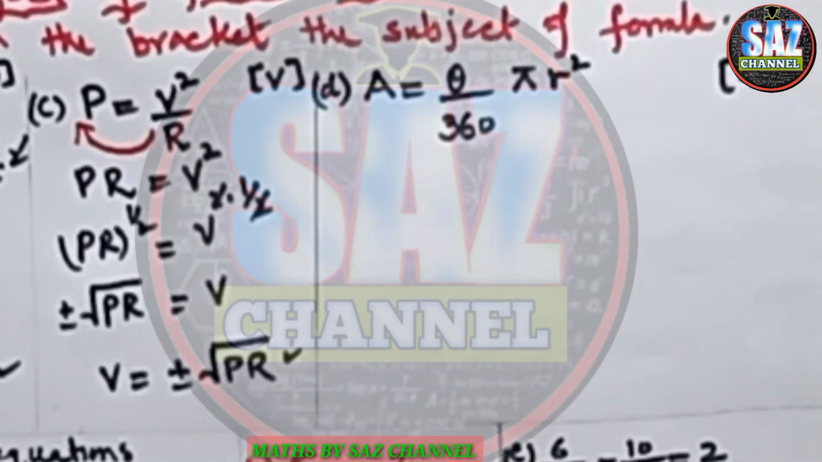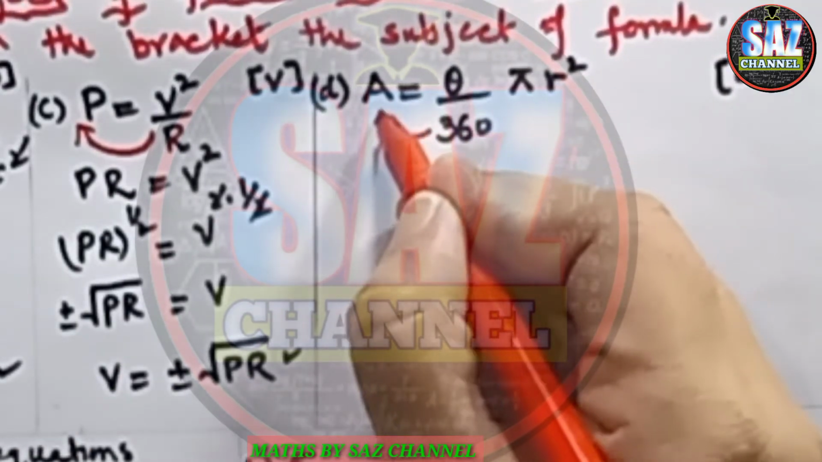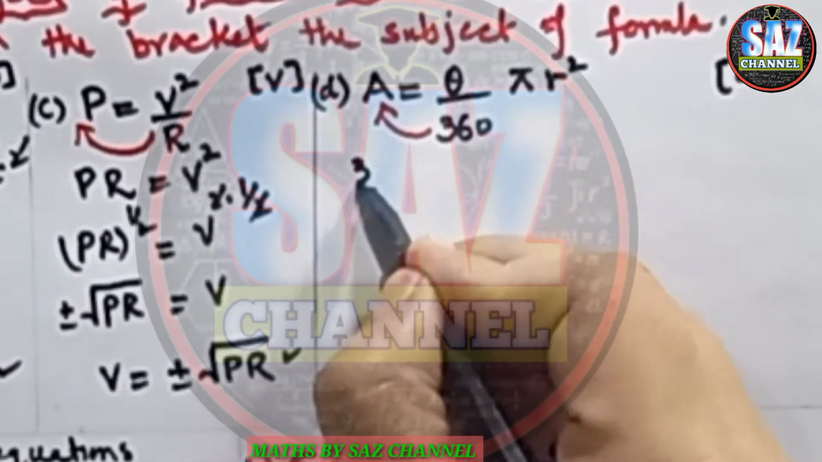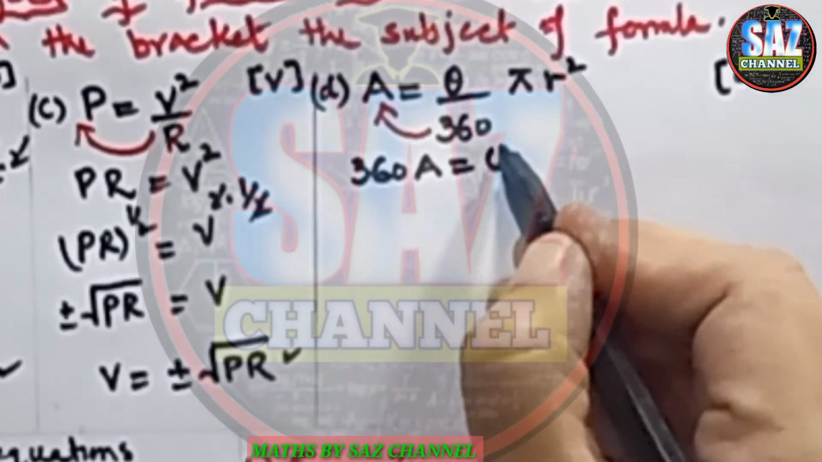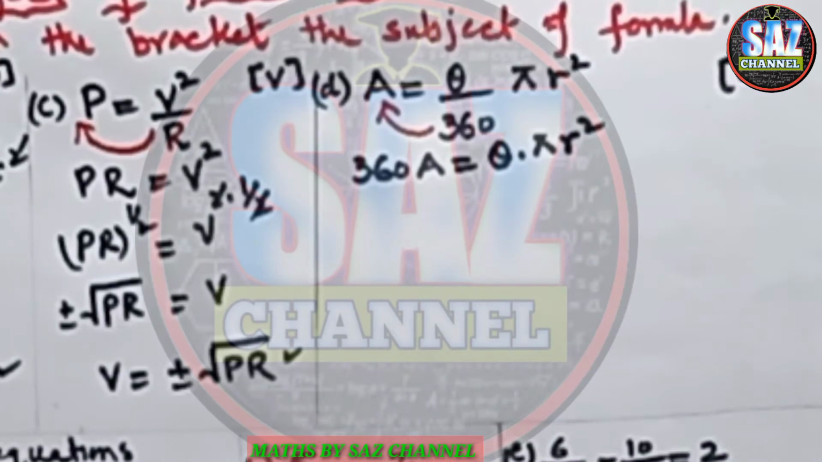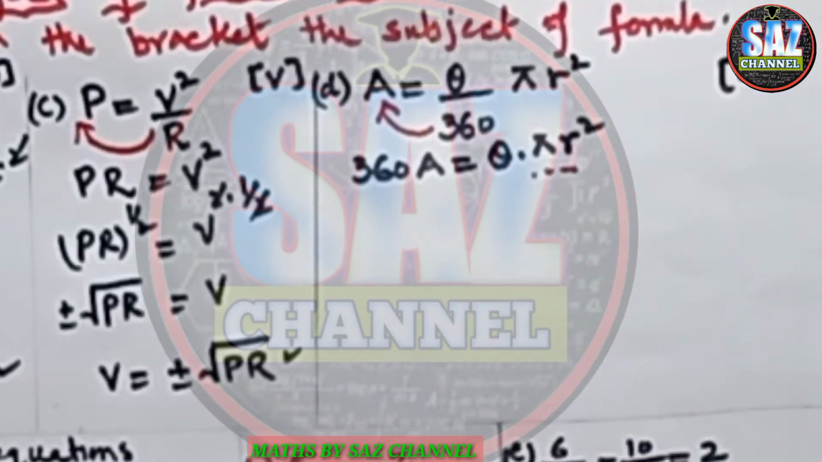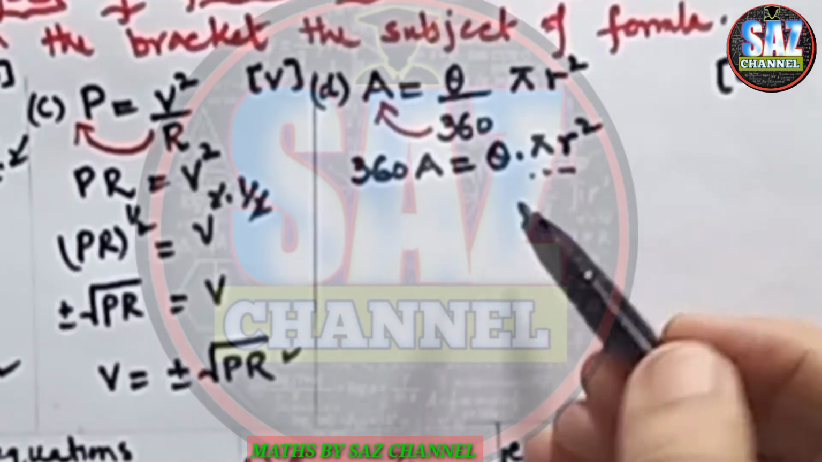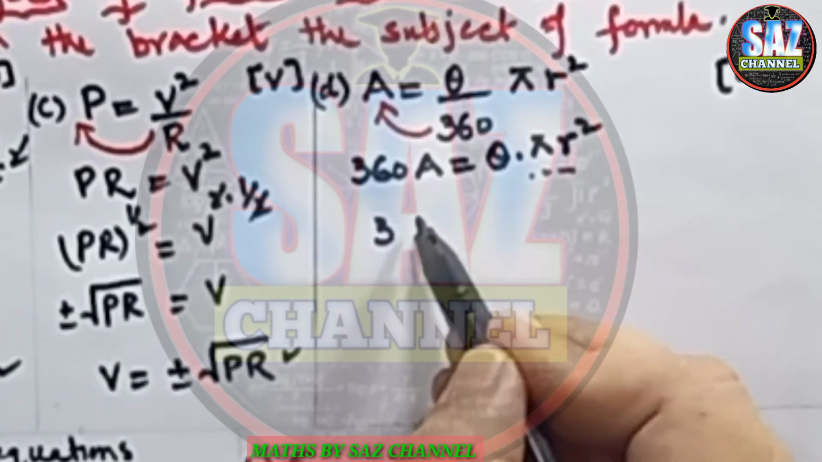First of all, I have to shift this 360, which is in the denominator, to the other side, and it will be written as 360a equals theta into pi r square. Again, this pi r square is an extra term. I have to shift it to the other side because pi r square is in product form on this side. So when I shift it to the other side, it will become the denominator of